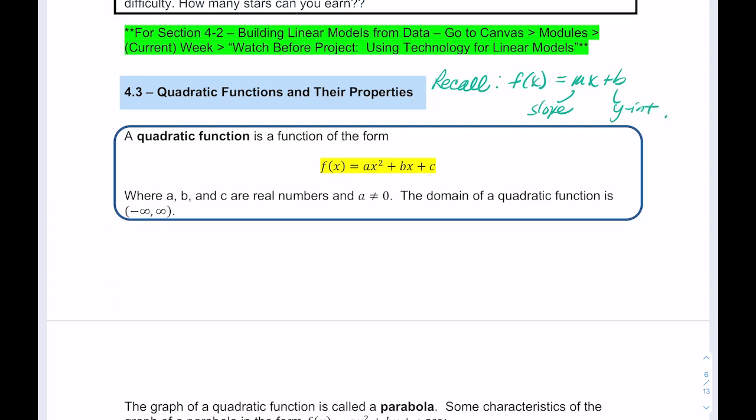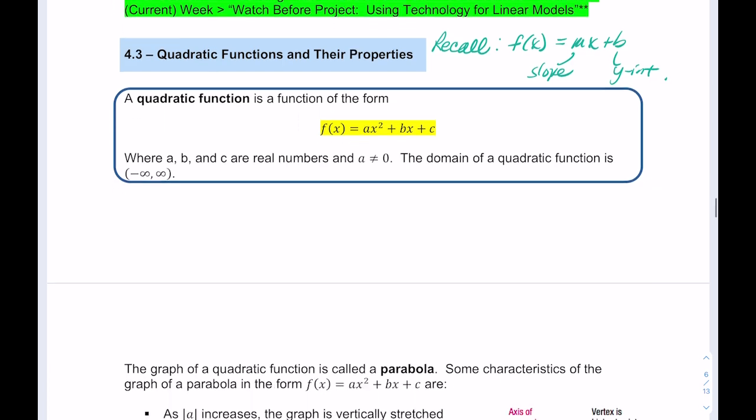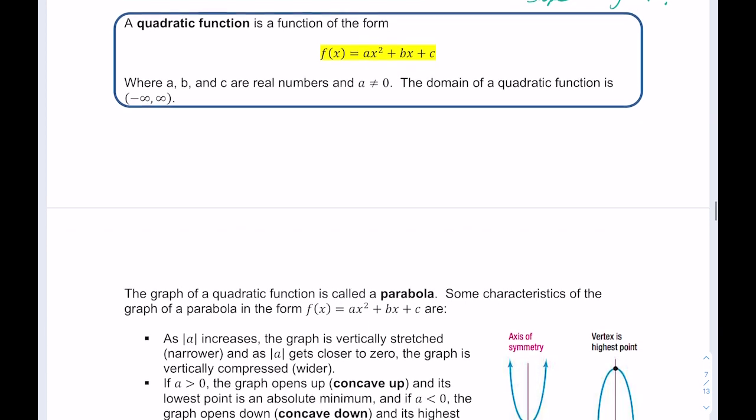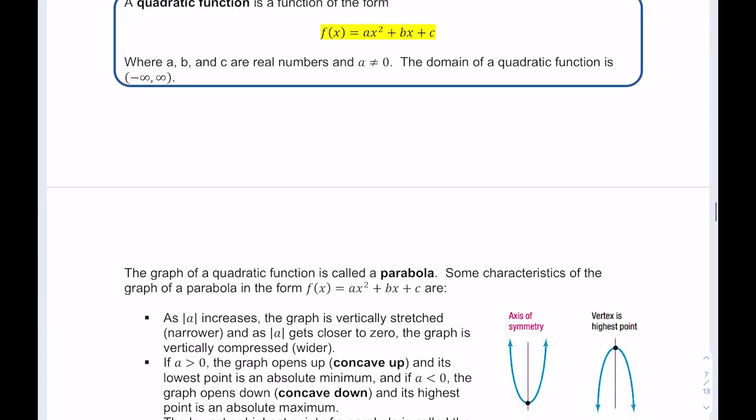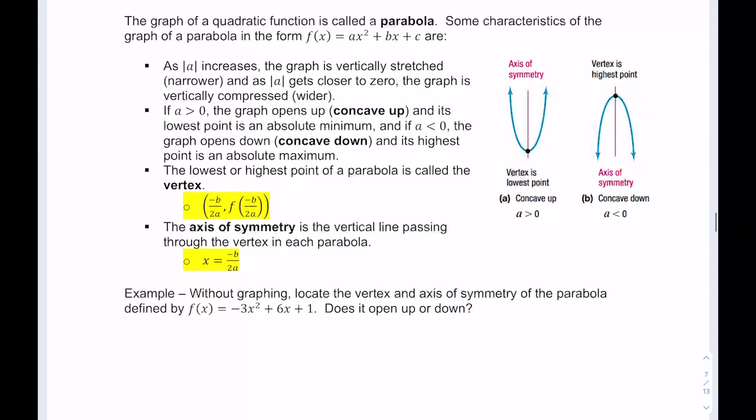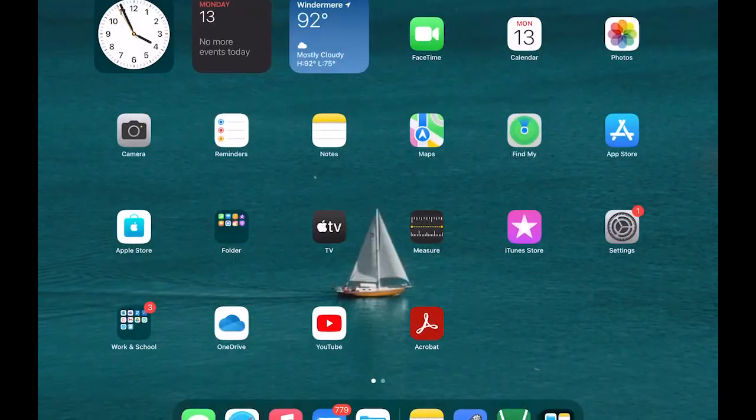We're going to move on to quadratic functions where the function is in the form of ax squared plus bx plus c. And we know that the graph of a quadratic function is a parabola. Okay, so some properties of parabolas, if we go to Desmos,